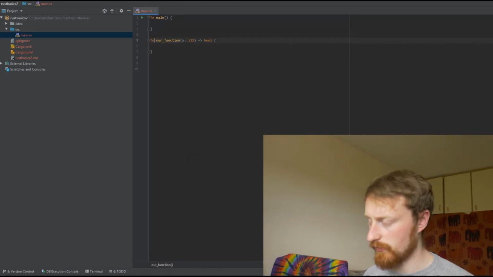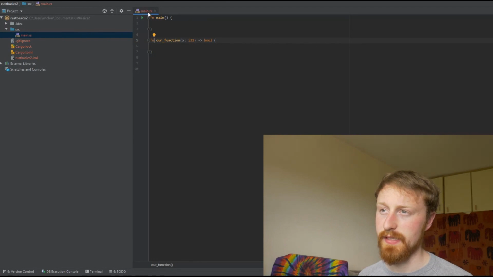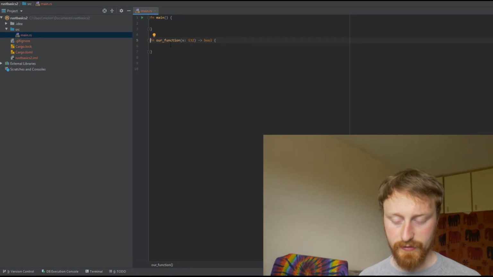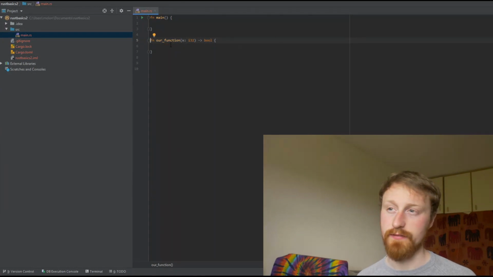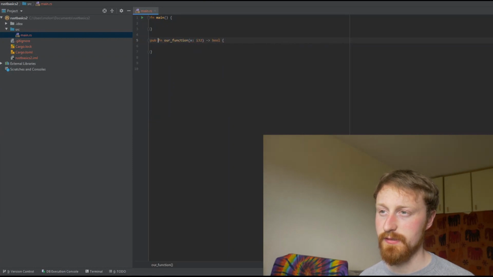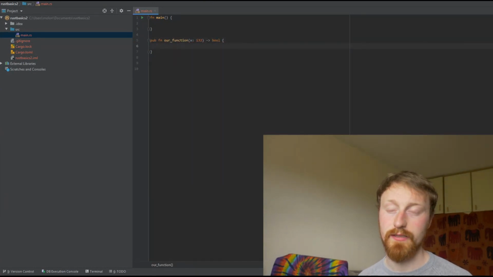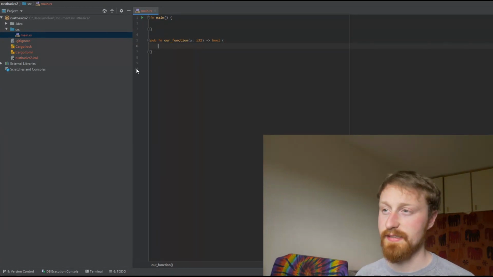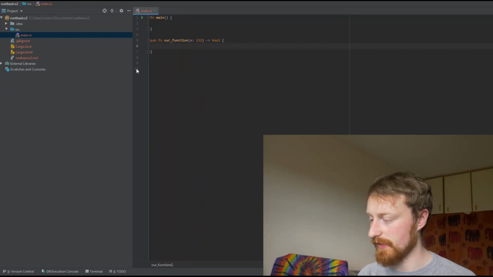Now this function will only be accessible in this main.rs file. By default it's private. So to make it public, you just type pub at the start, and now it's public and you can access it from other places. So we'll create a function that will test our input to see if it's a certain